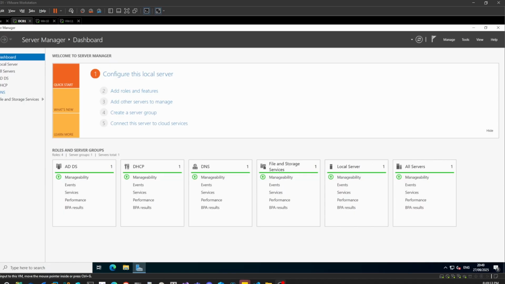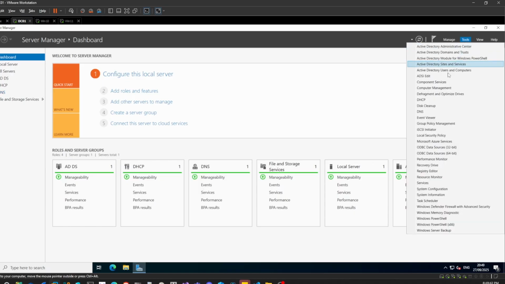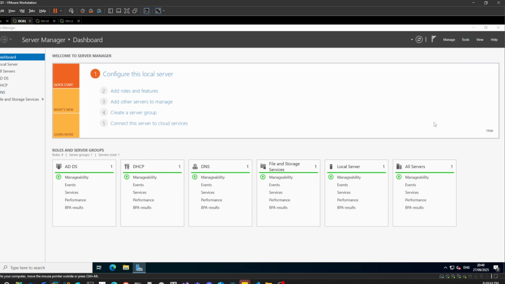Now the first ever group policy setting that we want to initiate is to prevent users from accessing the control panel. So we want to disable the control panel so that users cannot access it. So how do we do it? To be able to do that, you want to go to tools and then click on group policy management,